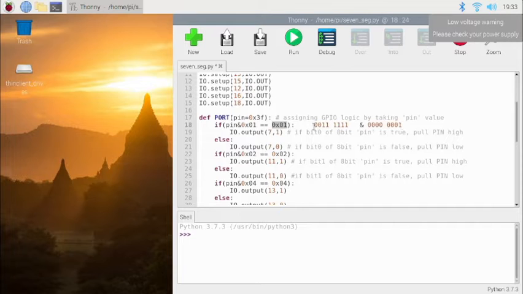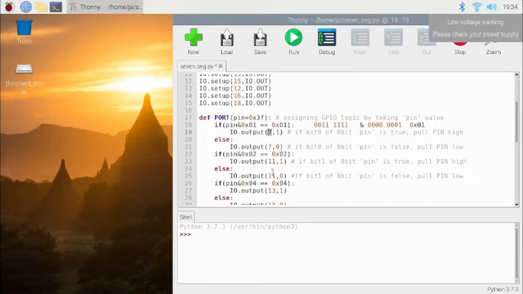Now for this 3f, the result will be 01 because our last bit, or you can say LSB, least significant bit, is 1, and performing logical AND between 1 and 1, the result will be 1 and all others are 0. So our result will be 0x01. So this condition will become true for 3f, and because of this it will simply write 1 on pin number 7, right?